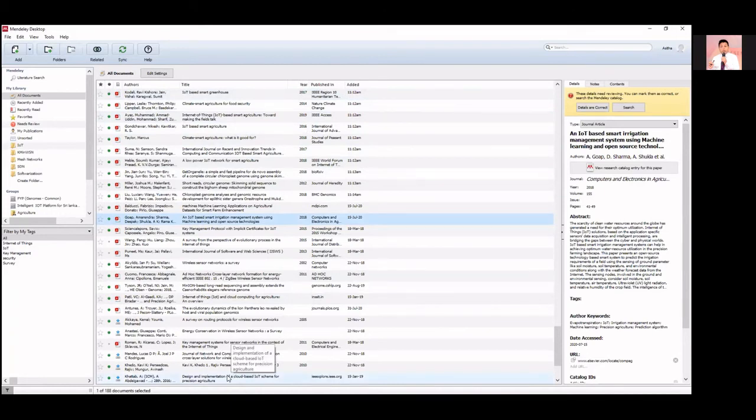Now, this is basically for when you're not using Mendeley, and you have, let's say, your PDFs in your hard drive. When you want to add them, you'll have to use it that way. Or if you're using something like